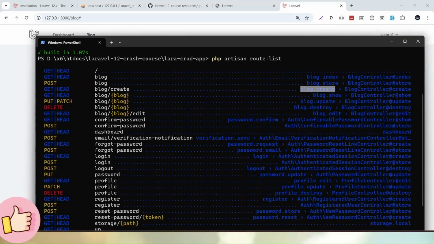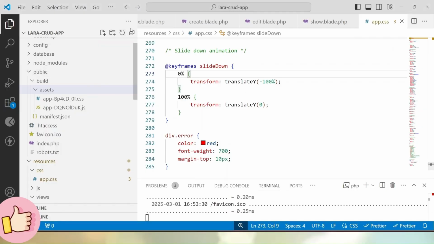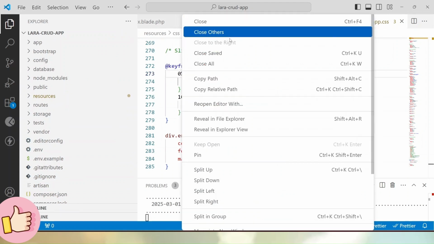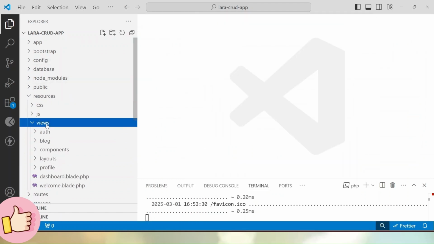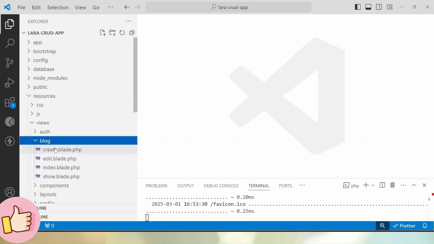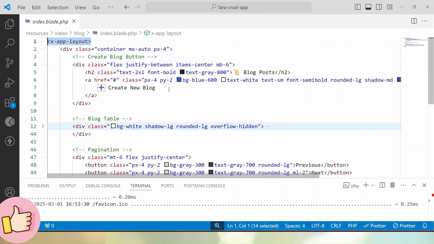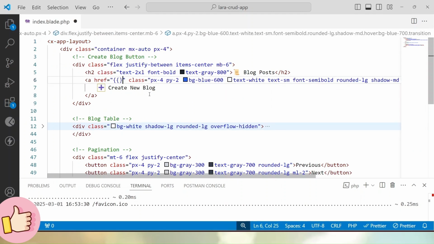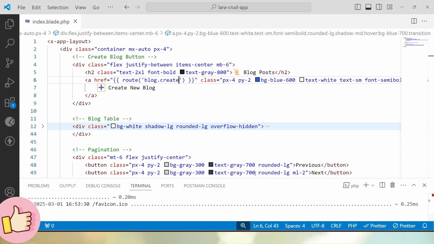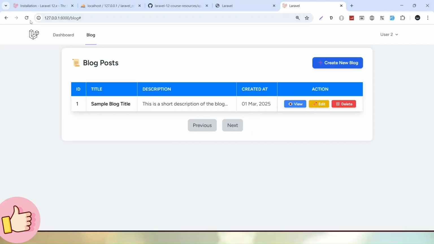So what I will do is go back to the editor and open index.blade.php. First I will close all these files, then open the views folder, blog folder, index.blade.php. From here, this is create new blog, in double curly braces, the route helper function, and inside this it will be blog.create. Let's re-verify, and yes, it will be blog.create. If I save these changes, let's go and reload, and if I click on this button,